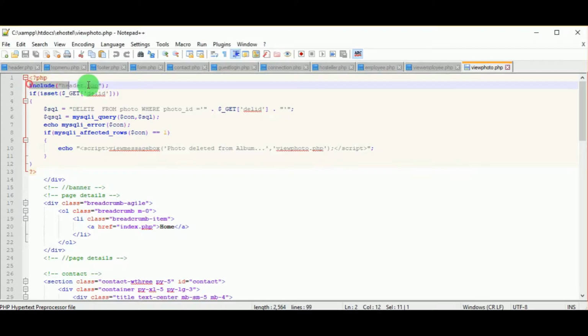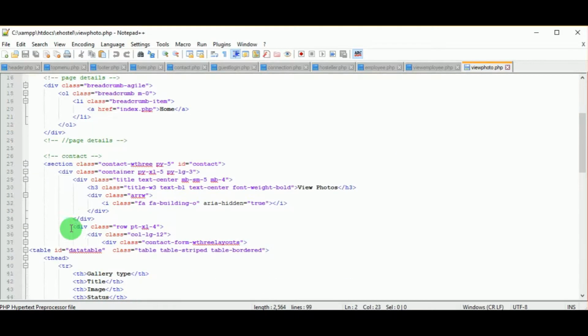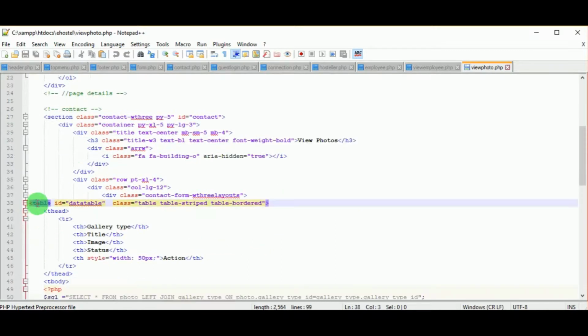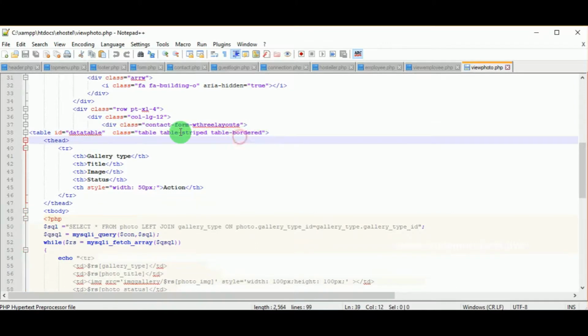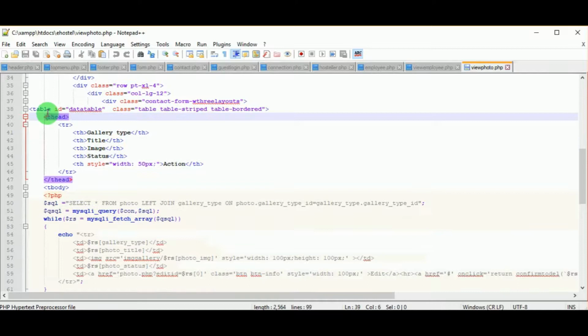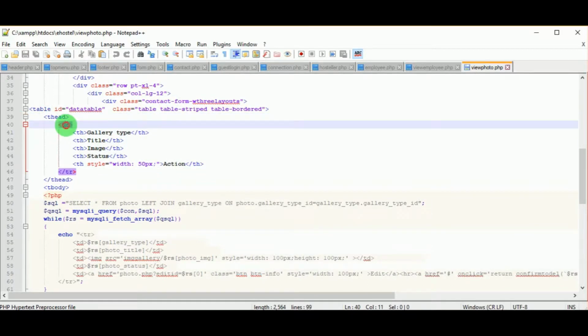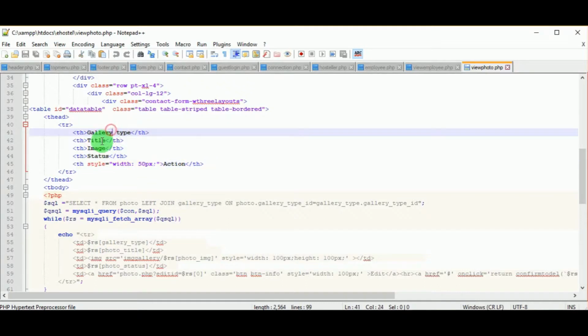So you can see here the header file is included, and now you can see here the table tag. In the insert pages or wherever we saw a form, there we did not see any table tag. So the table tag is present only when you are displaying the data. That is, when you are displaying the data from the database in the web page, there you are displaying the data in the form of a table. So we will see how this table works. So the table tag is used,